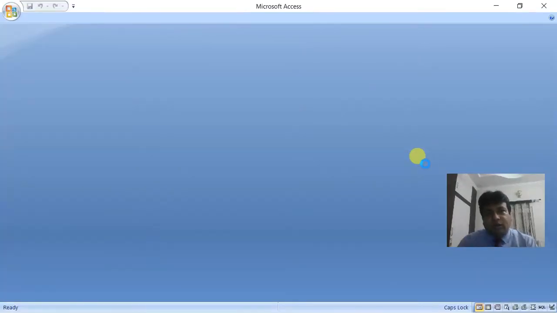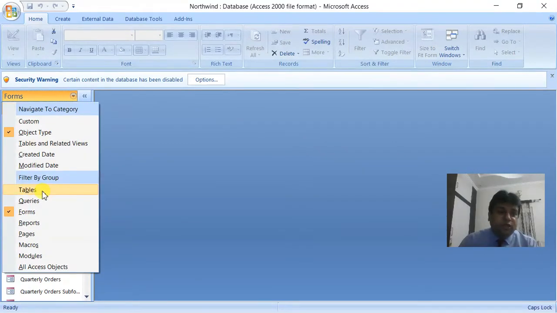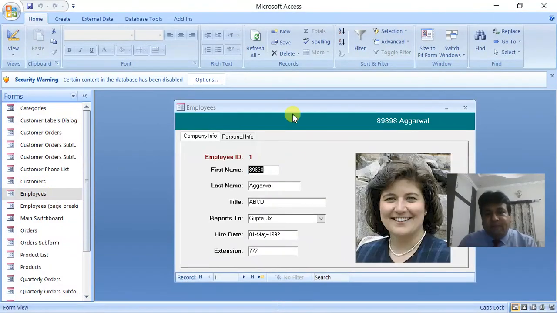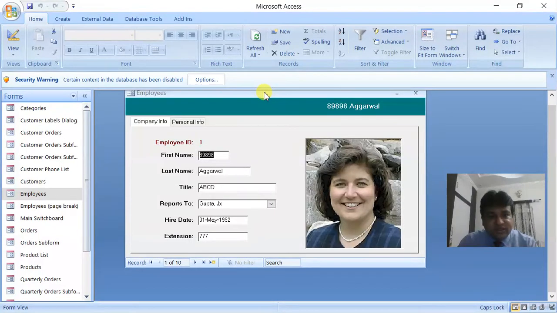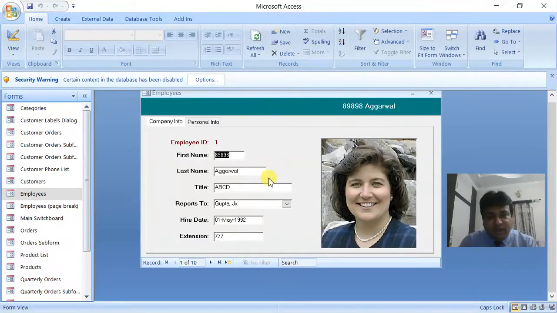In 90% of the cases, all of you will be developing a small project or a small software when you join a certain company. So that software will definitely have two parts, as I've shown you earlier. Number one part is something like this. This is a front end. So this front end is developed in some language. That language can be Java, that can be .NET, that can be PHP, that can be Android.